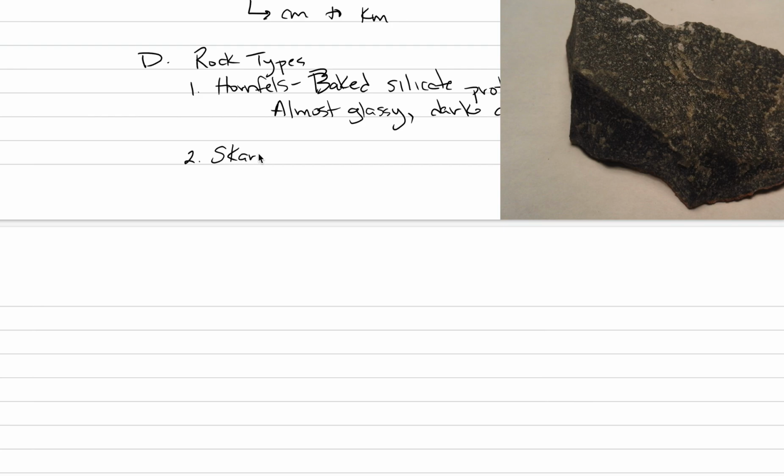And skarns are the ones that can have some economic value attached to them, where you get interesting mineralogy that can be used for metal mining or even gem mining. Because what ends up happening here is that we have a calc-silicate. These are like limestones or dirty limestones, protolith. So let's say calc-silicate protolith